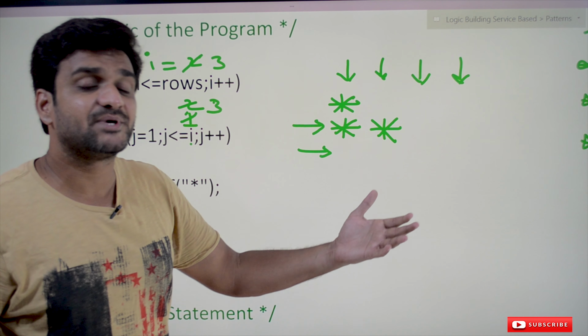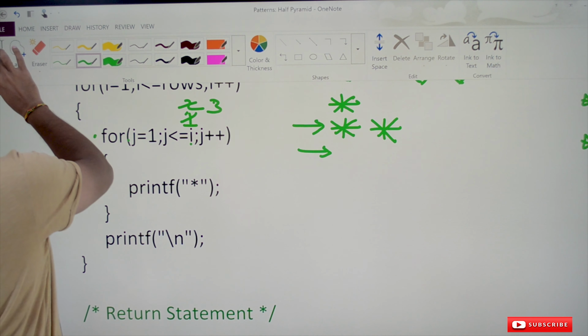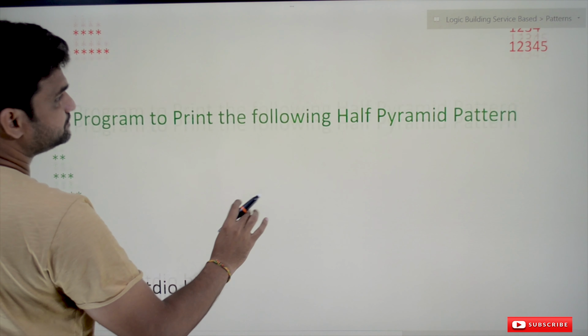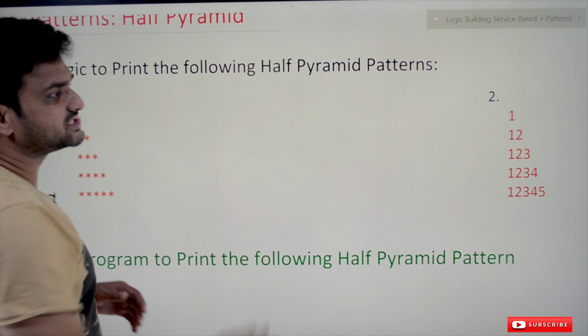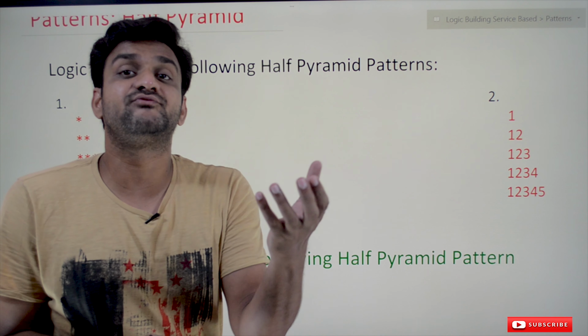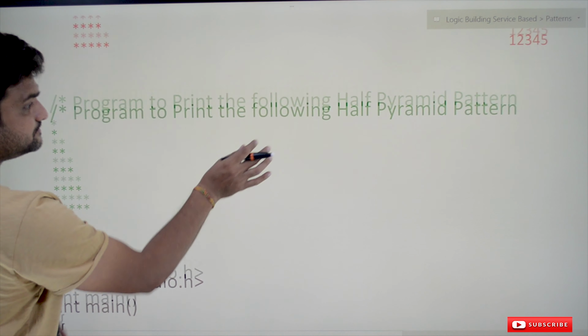In our next pyramid, so what is our next pyramid? So we are going to solve 2 pyramids in this. The next pyramid is, so this is our next pyramid. So in this what we have to print? We have to print the value of j. See here, so in this for loop,